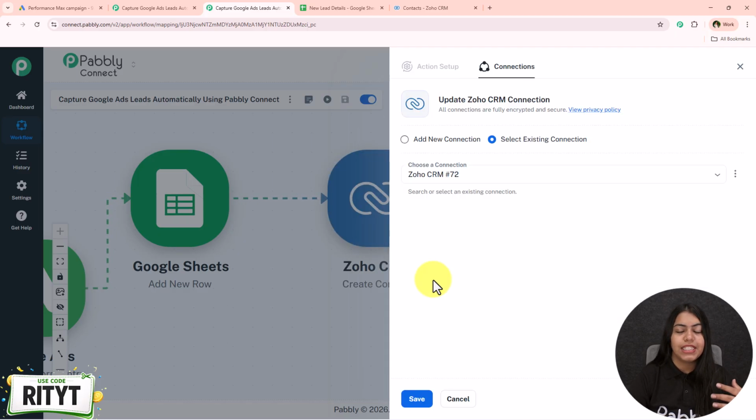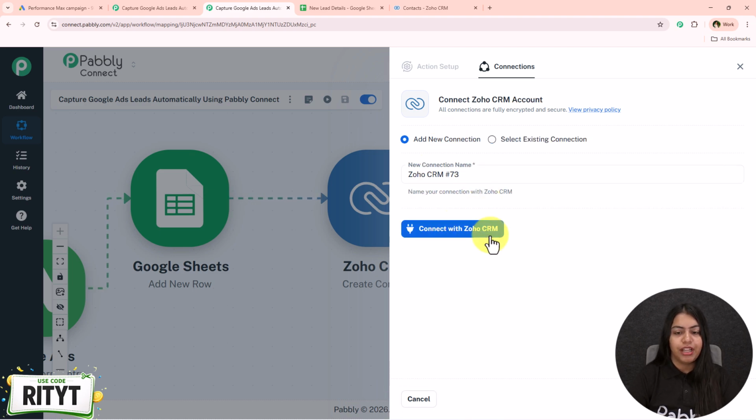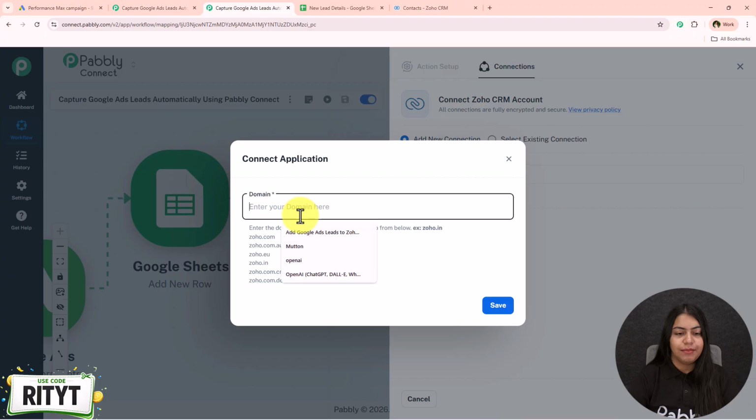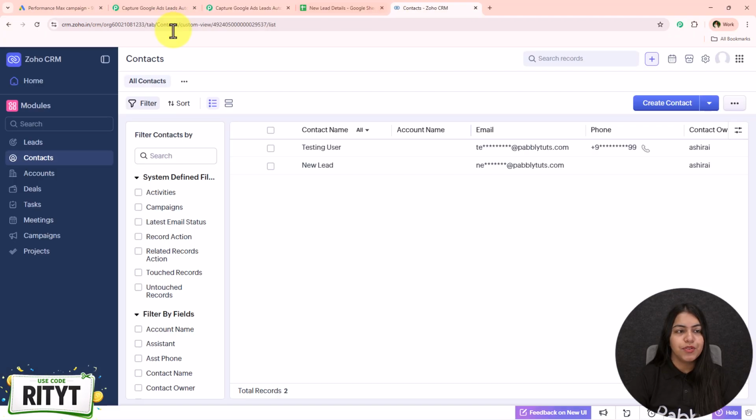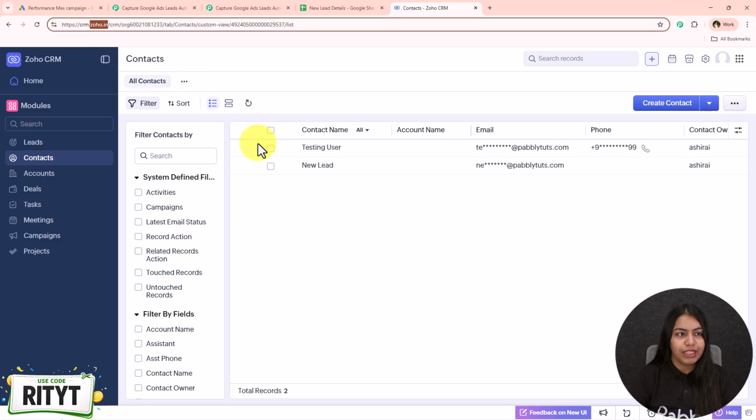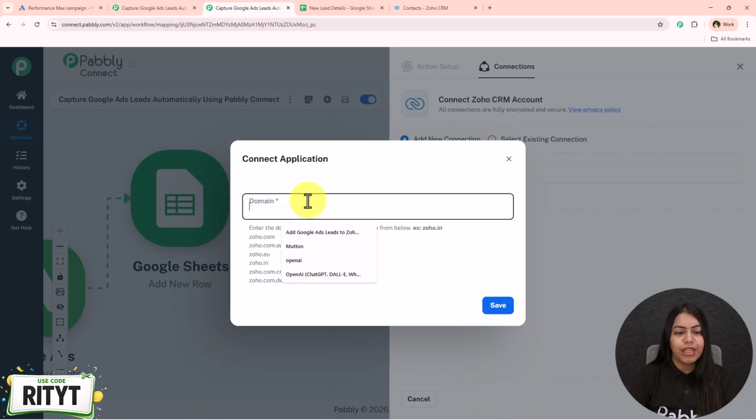Now if you already created a connection between Zoho CRM and Pabbly Connect, then click on this select existing connection and then save. But if you haven't, follow me, click on add a new connection and then connect with Zoho CRM. Now it is asking me for the domain, so to get this domain you just have to open your Zoho CRM account and you're going to find the domain in the URL, which is after this CRM dot and before slash CRM. So you just have to copy and paste the domain over here,